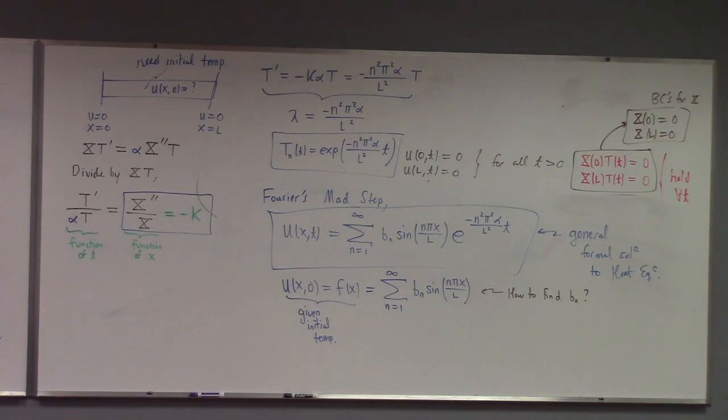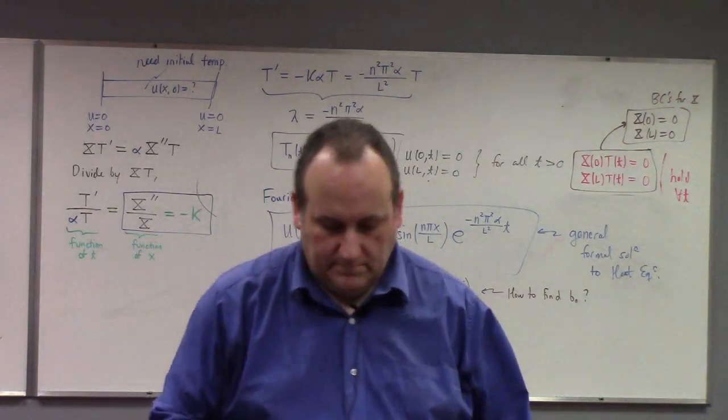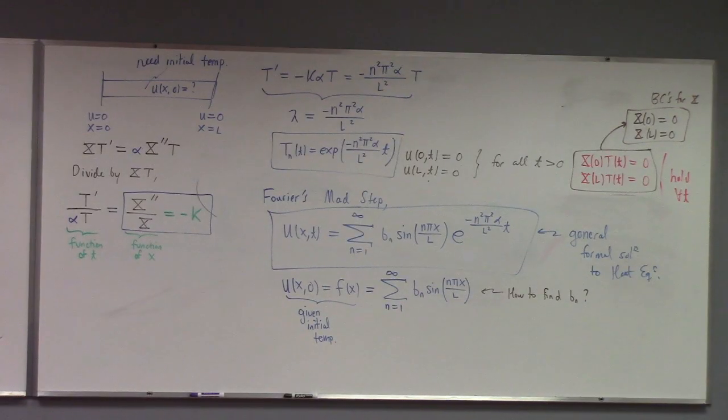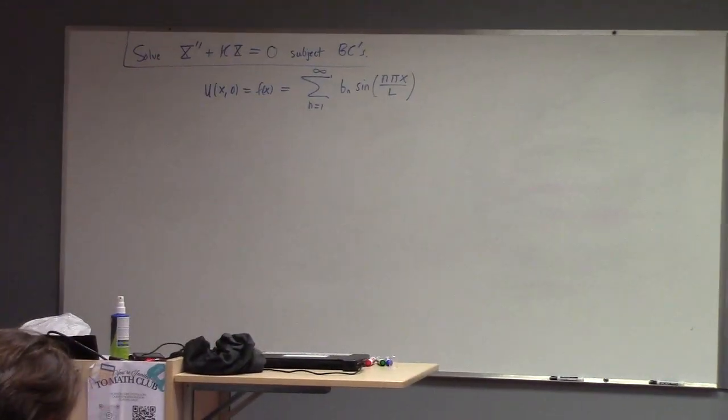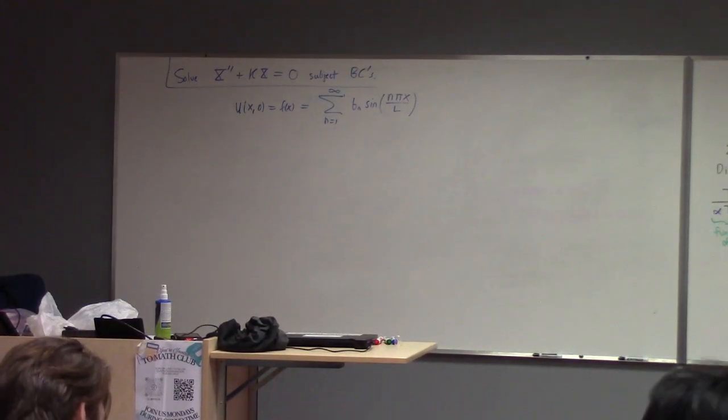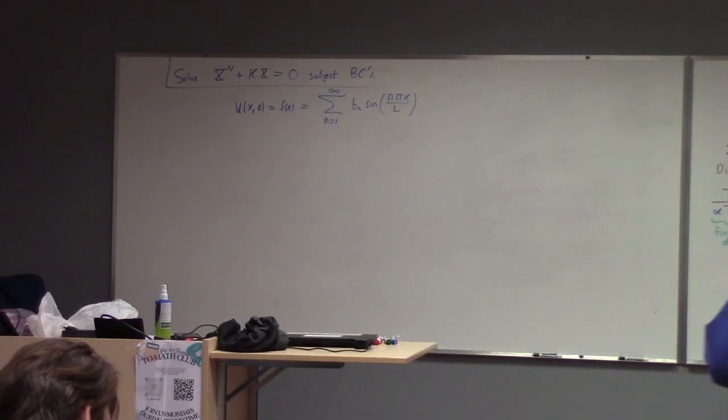So let me put it up here. We're trying to solve u of x comma 0, which is equal to f of x, equals the sum, n equals 1 to infinity of b sub n sine of n pi x over L. We need to solve that. There is a rather nefarious trick that comes into play here, which is integration. So what we do